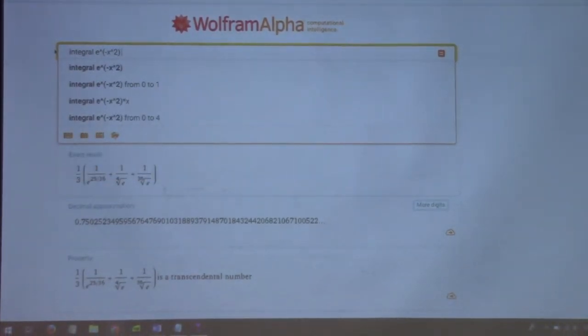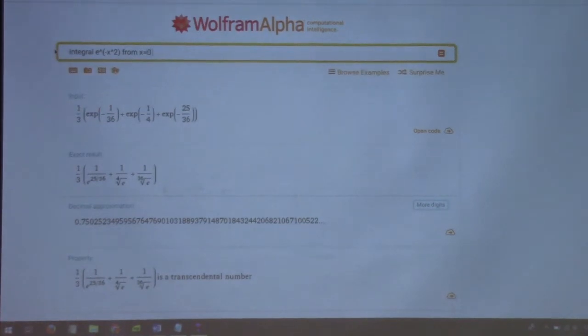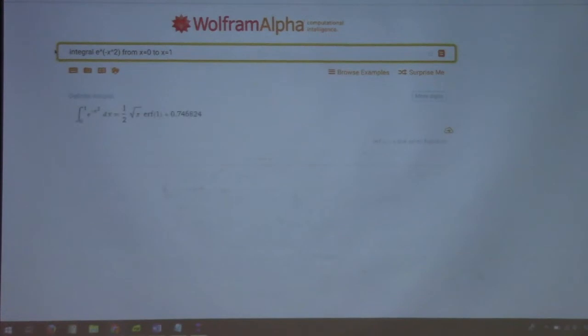Integral of e to the minus x squared from x equal to 0 to x equals 1. It's 1/2 square root of pi of 1. What do you know? 0.746. As you can see,